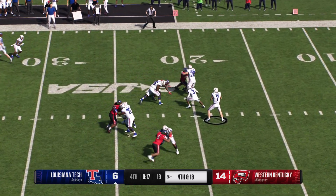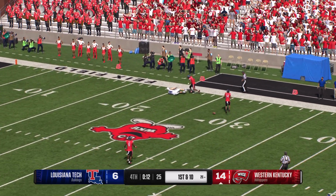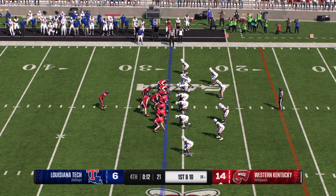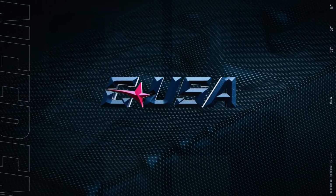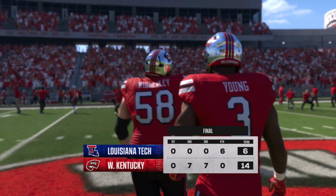Desperate to convert, and he'll throw it. He's taking a deep shot late in the game. It's incomplete, and they desperately needed to keep that drive going, and they couldn't make the connection. Turnover on downs. The quarterback takes a knee. Today's final score, Western Kentucky 14, Louisiana